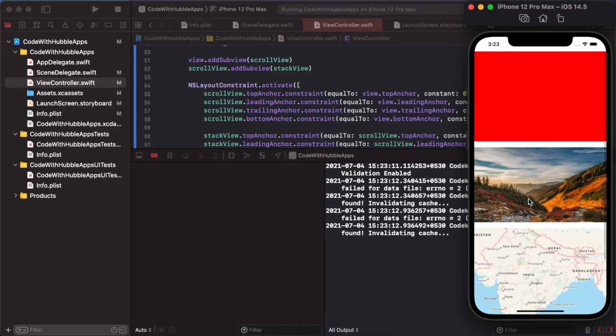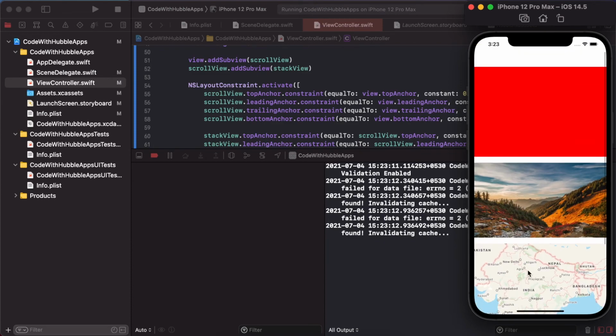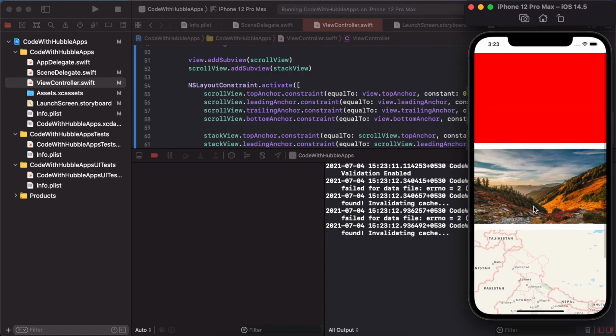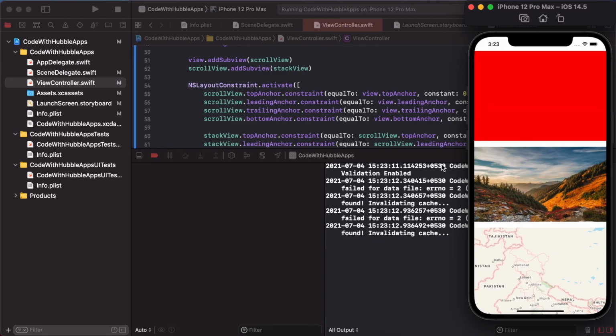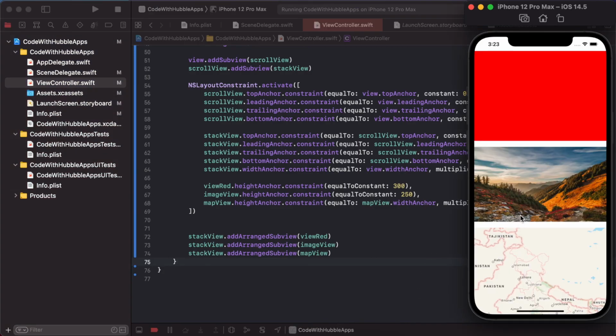adding our long page inside our scroll view design. So this image, map and lots of other things, filter data and sign up page, login page we are making